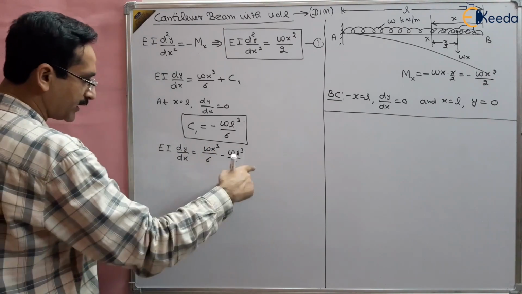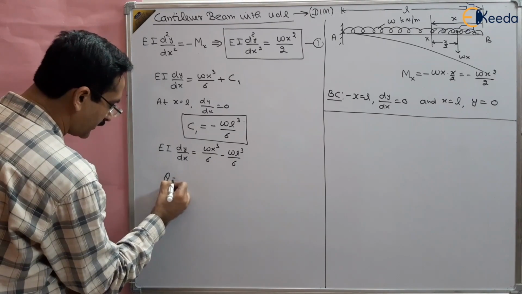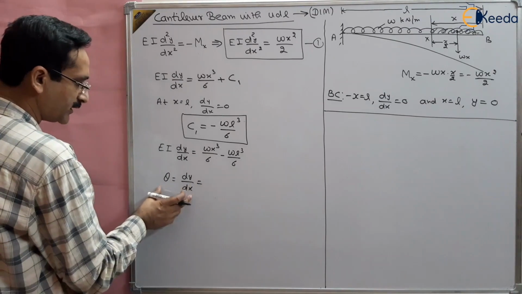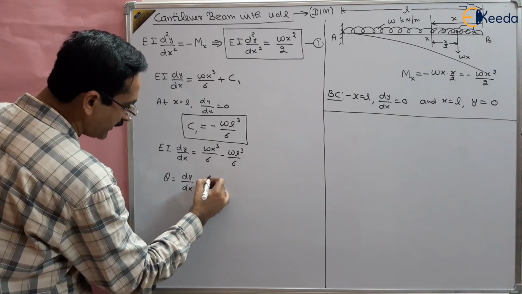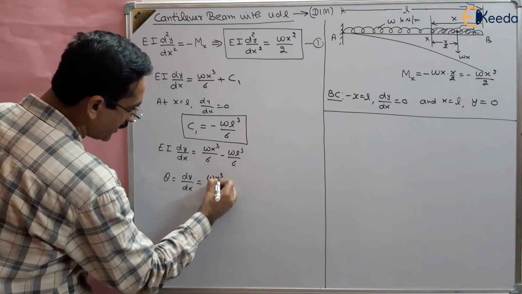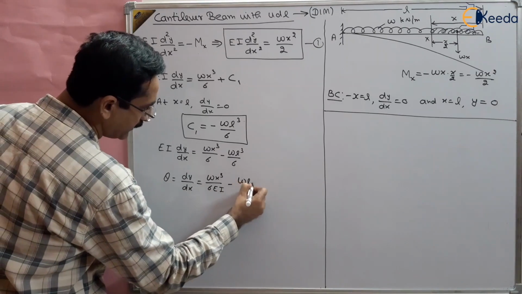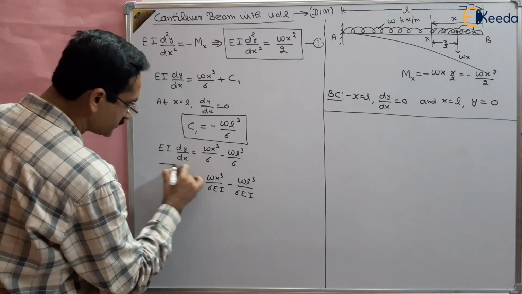So EI can be taken on the right hand side, and we can get the slope theta, which is given by dy by dx. The slope, tan theta or theta, will be equal to dy by dx, which is wx cube by 6EI minus wL cube by 6EI. So this is the slope,